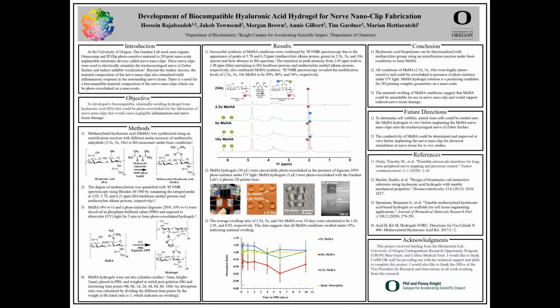The average swelling ratio of 2.5 times, 5 times, and 10 times MeHA hydrogel conditions over a 10-day span were calculated to be 1.01, 1.01, and 0.92 respectively. This data suggested that all MeHA conditions swelled under 10%, indicating minimal swelling. From this study, we can conclude that hyaluronic acid biopolymers can be functionalized with methacrylate groups